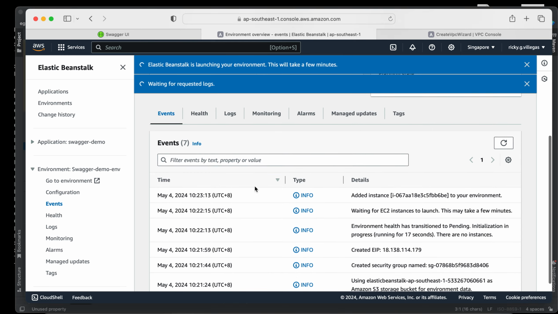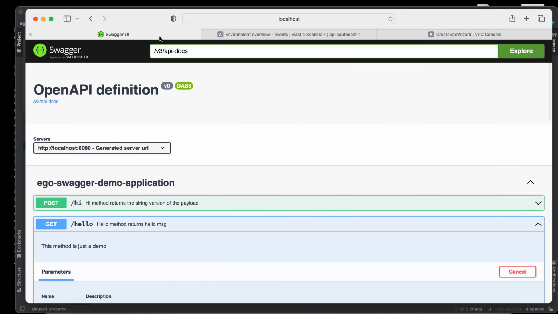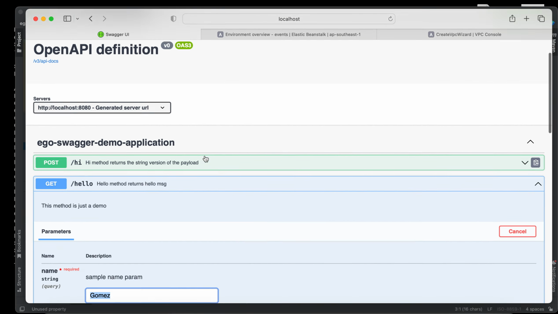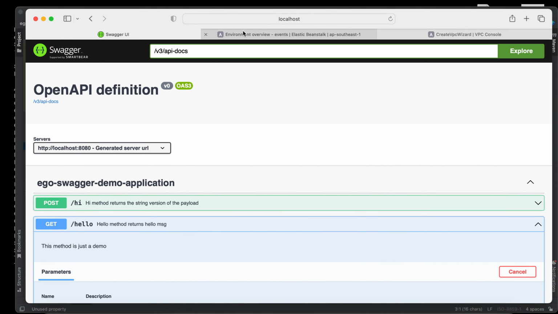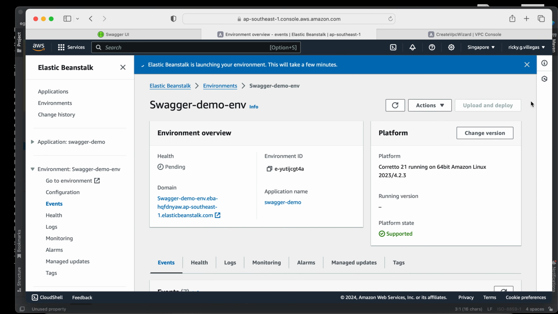Anyway, for this demo, I only wanted to highlight Swagger, which I already showed. For the Elastic Beanstalk portion, I suggest you just refer to my previous video, because we are running out of time.